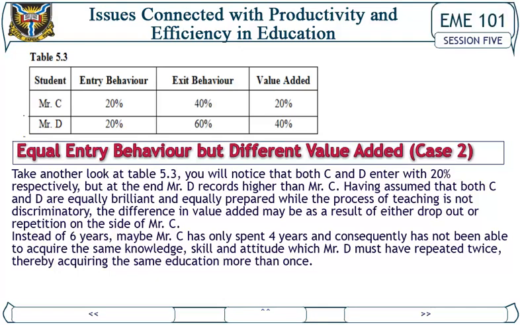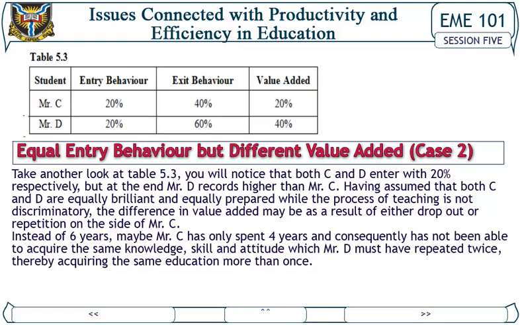Case 2. Take another look at Table 5.3. You will notice that both C and D enter with 20% respectively, but at the end, Mr. D records higher than Mr. C. Having assumed that both C and D are equally brilliant and equally prepared while the process of teaching is not discriminatory, the difference in value added may be as a result of either dropout or repetition on the side